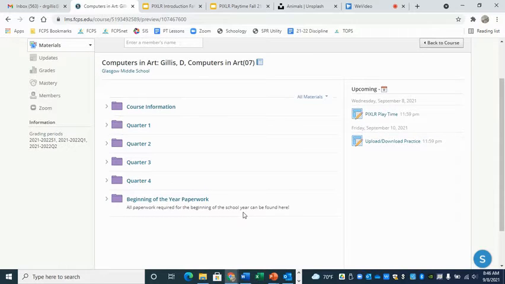Welcome students to how to upload and download from Schoology your files. This is going to be incredibly important so that I can give you a file and you can give me